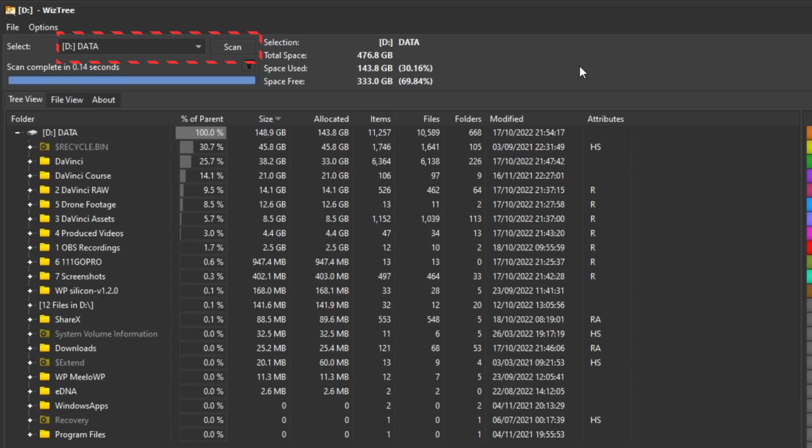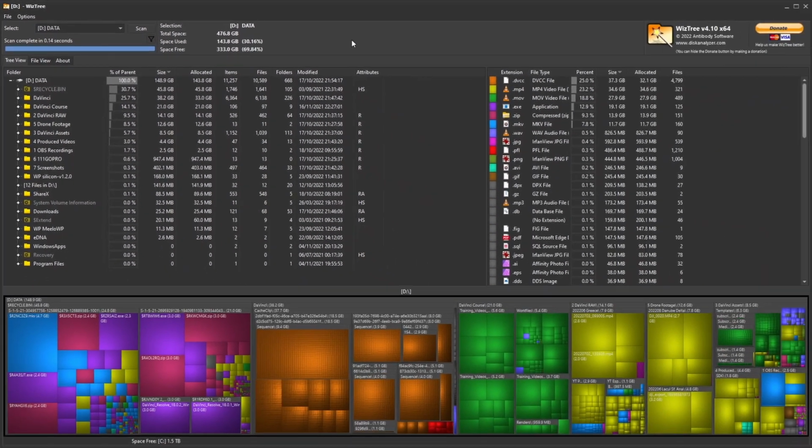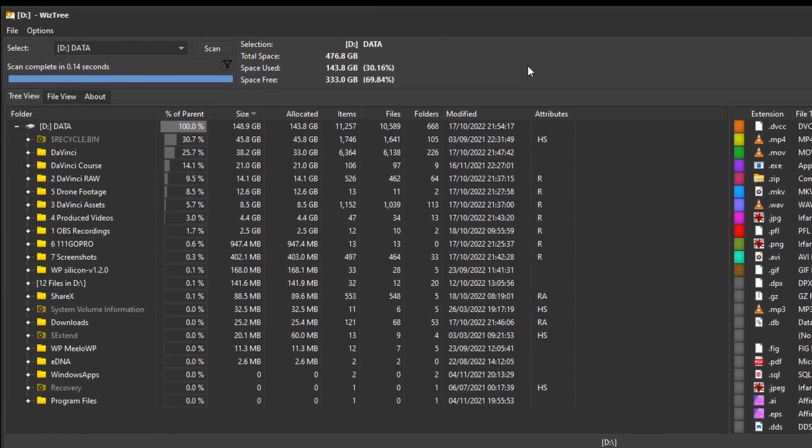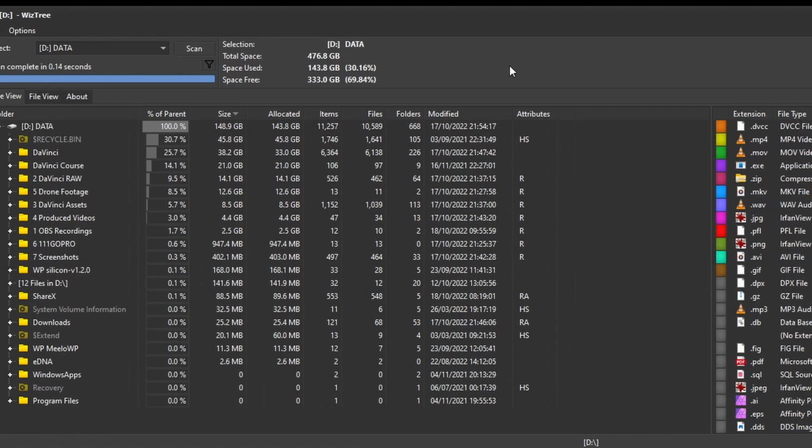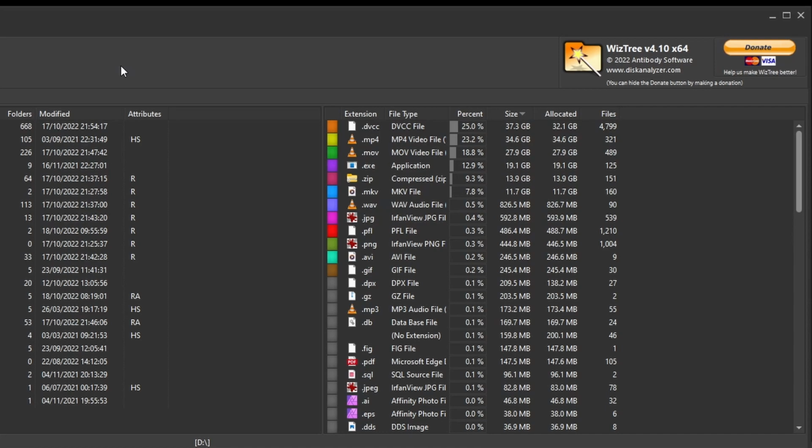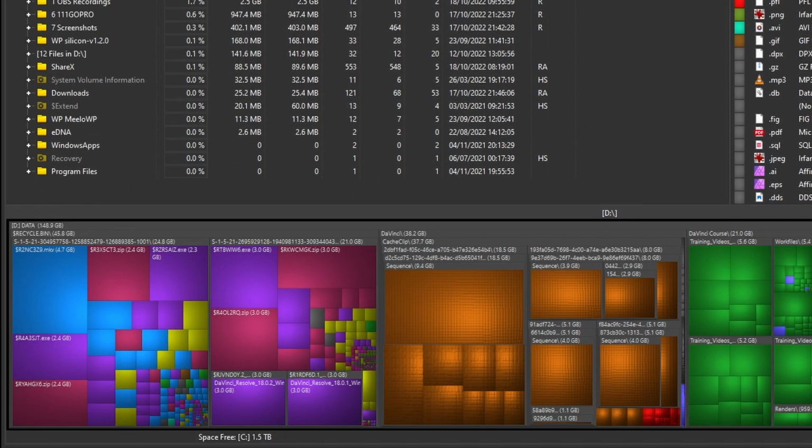As soon as the scan is complete, you get a combined view breaking down your disk space usage. There is a folder tree for easy navigation, and next to each folder you will see the percentage of disk space it occupies relative to its parent folder, its total size, and number of items, that means files and folders, inside of it. On the right hand side, there is the same information broken down by file type. And at the bottom, you will find 3 charts visualizing the space usage overall.